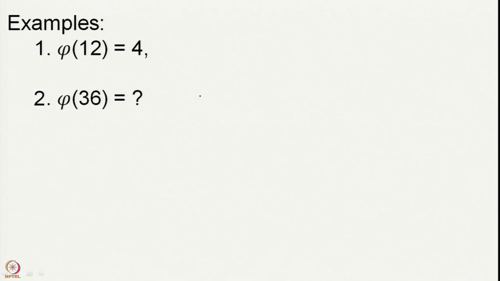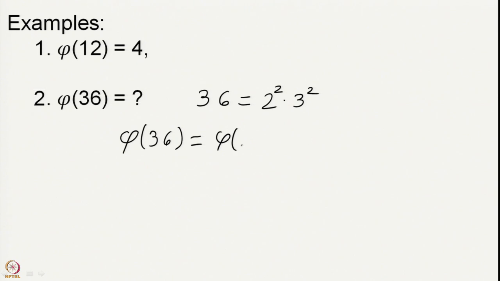Alright. So, your minute is up. We have the Euler phi function of the number 36. So, 36 is 6 square, so this is 2 square into 3 square, and we should therefore compute the phi value for both 2 square and 3 square. So, phi 36 is phi 2 square into phi 3 square.